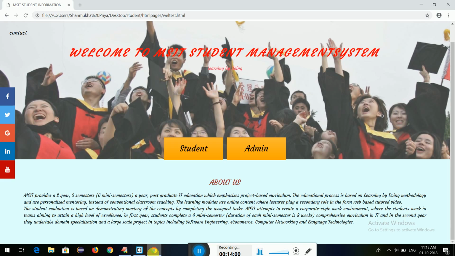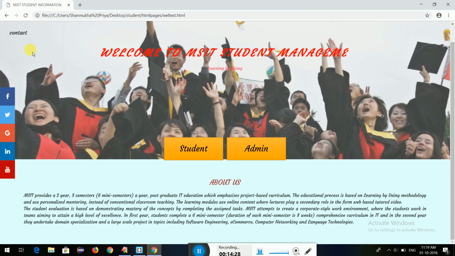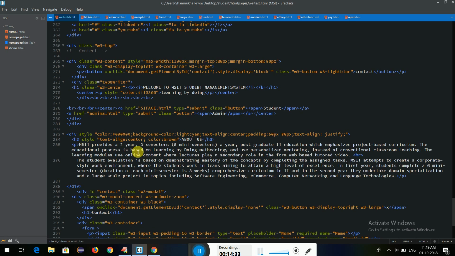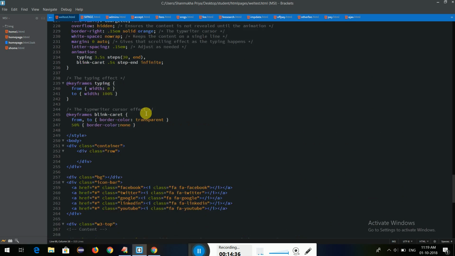Likewise, I am showing it once again. If the user refreshes the page again, it is loading, and likewise it slightly fades out and displays the page. And coming to the page again,